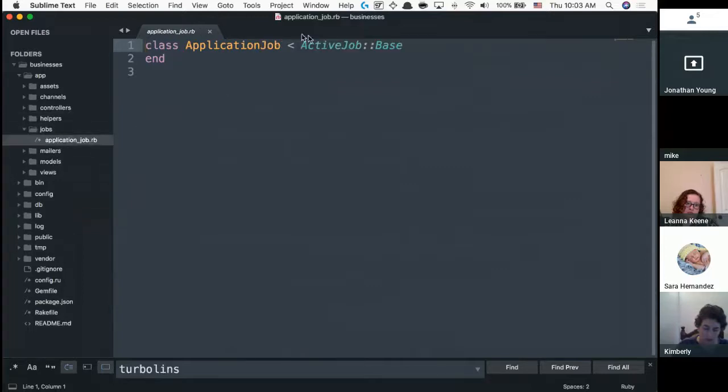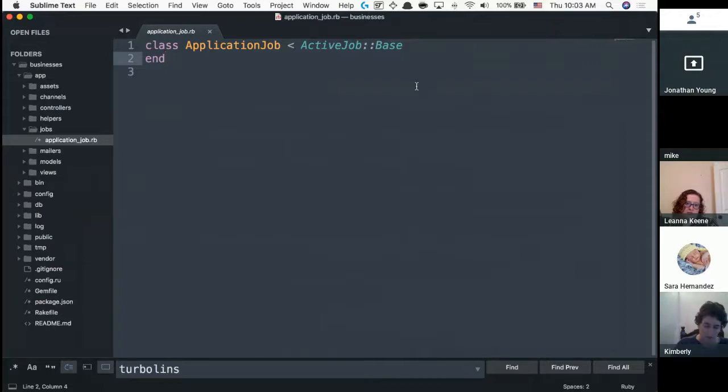Jobs is basically a class that inherits from active job base. It's for doing work later, and we'll cover this I think sometime next week, if not the week after that. But the idea is kind of like you get spam emails every single day, right? If you get spam emails from Target.com, they're not sending it to you then. They send it to you at weird hours, right? Like 2, 3 o'clock in the morning on average.